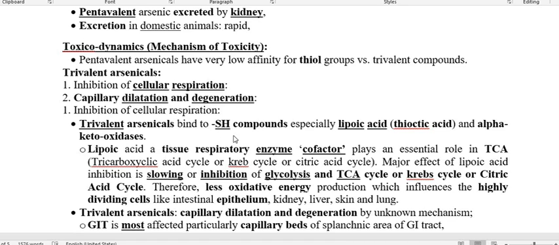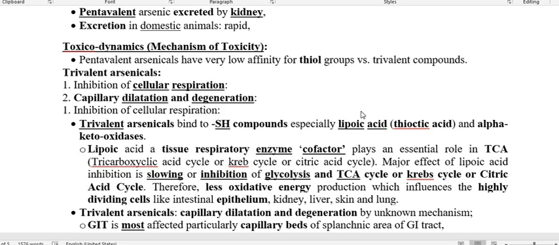And because of this binding of trivalent arsenicals with the sulfhydryl group, particularly the lipoic acid or thioctic acid sulfhydryl group,